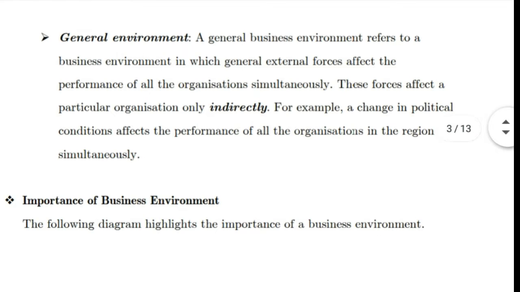General environment. A general business environment refers to a business environment in which general external forces affect the performance of all the organizations simultaneously. These forces affect a particular organization only indirectly. For example, a change in political conditions affects the performance of all the organizations in the region simultaneously. Importance of business environment.